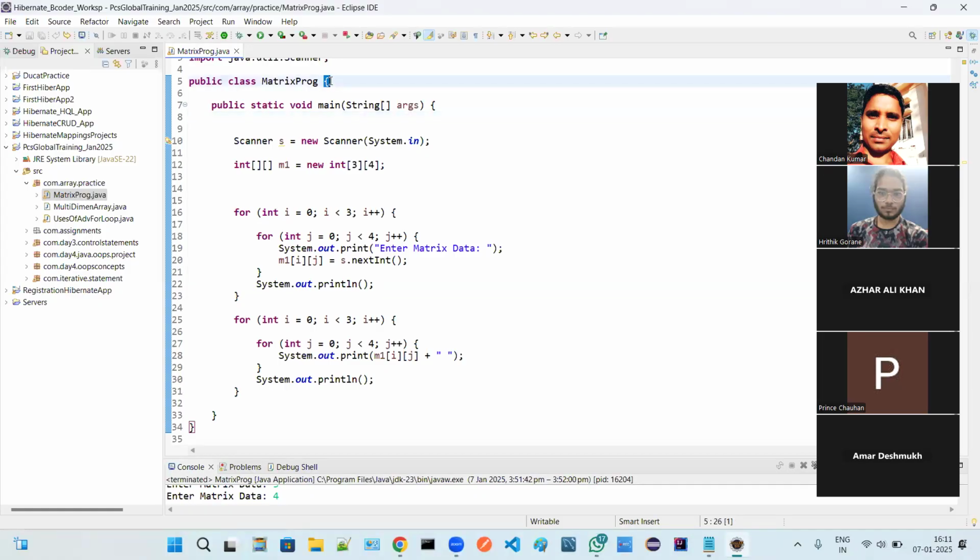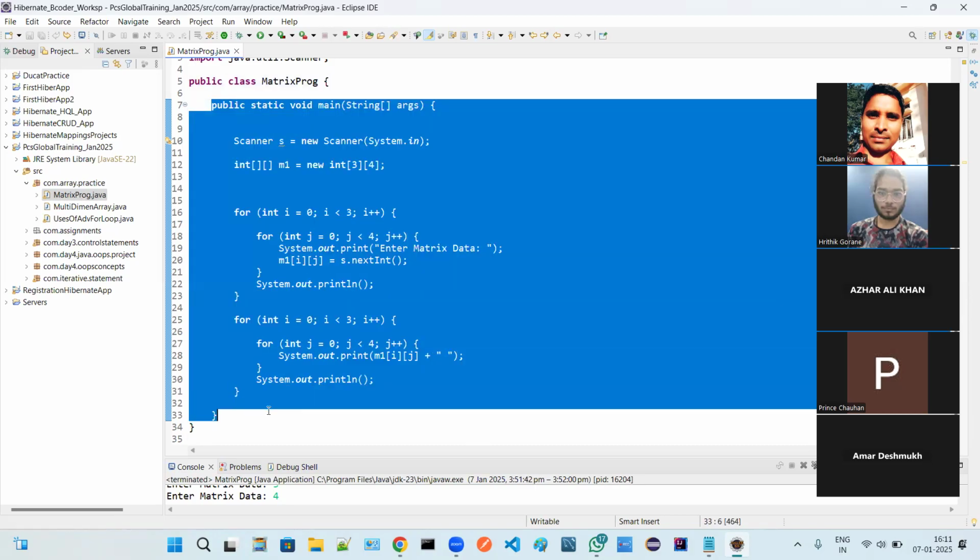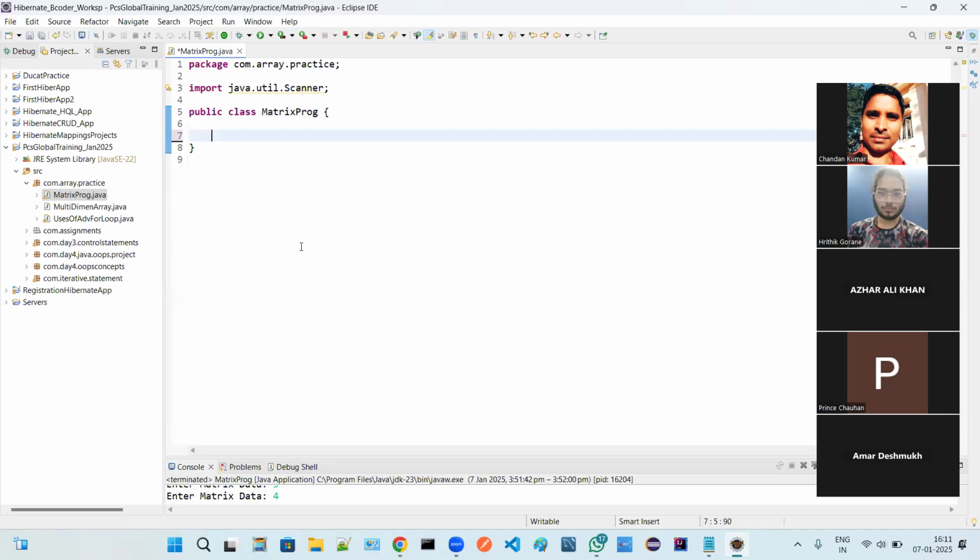Yes. Which are the blocks? This and this. So inside this block only we are writing the code, and that's the reason we are calling Java class a block of code.